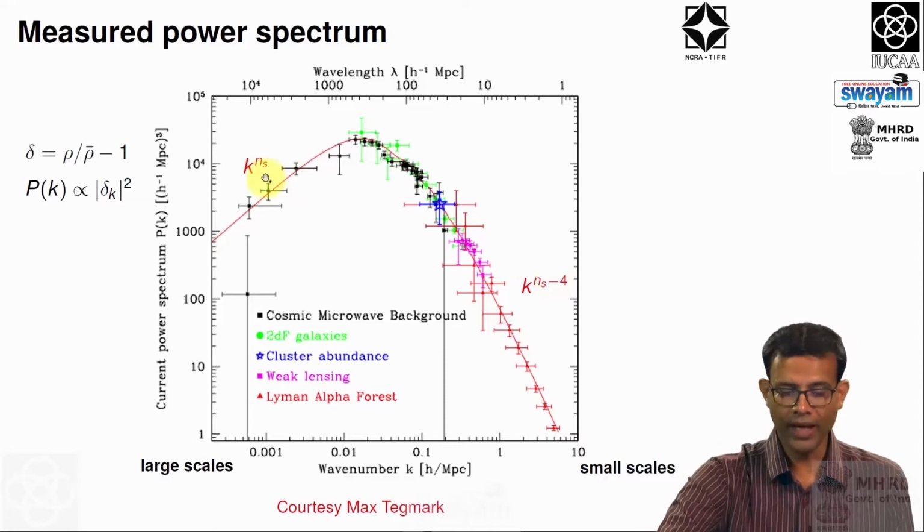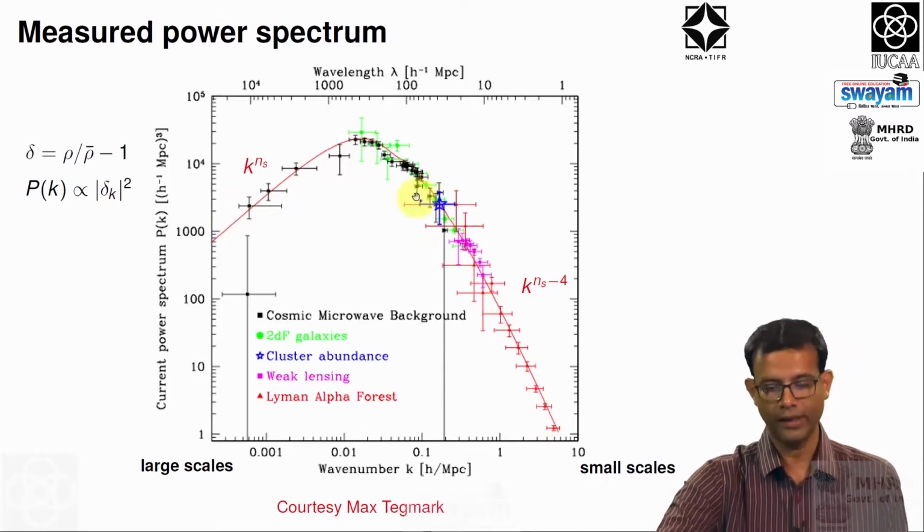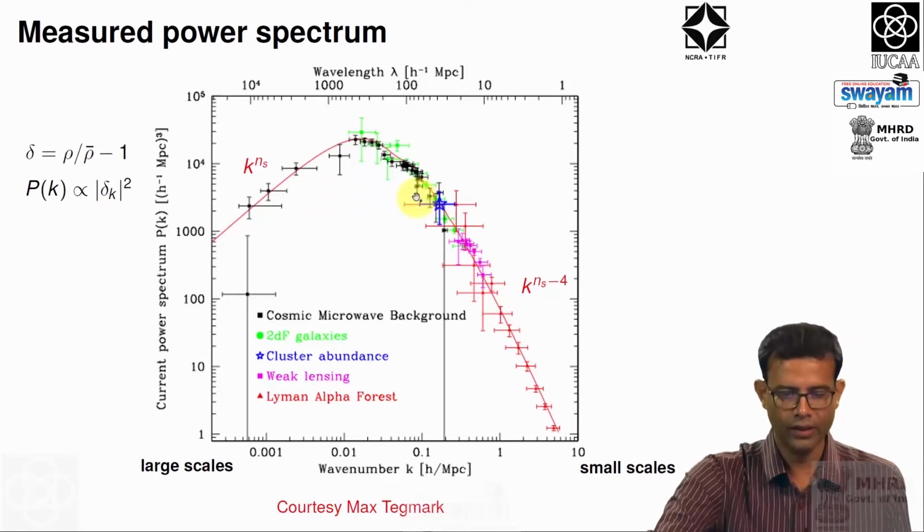So, for example, if n is 1, this part will be proportional to k, this part will be proportional to 1 by k cube. Okay. So, this is how we expect the power spectrum to be just from linear theory, and obviously it matches with observations